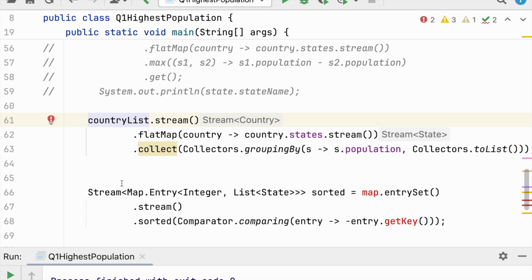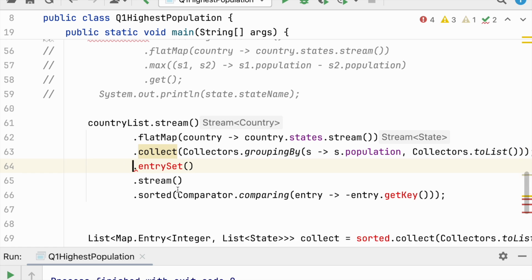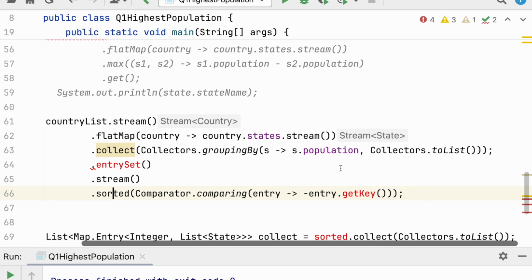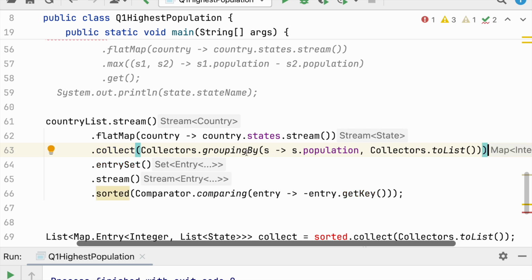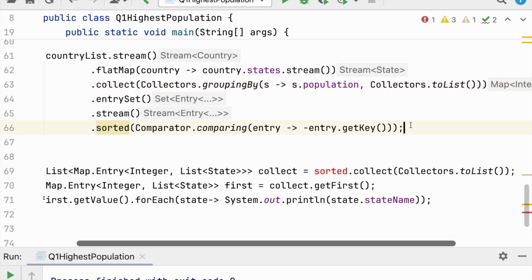We have collect. Now we want to open a stream on these maps. Dot entry set dot stream. Let me remove this semicolon, and then we have this sorted,